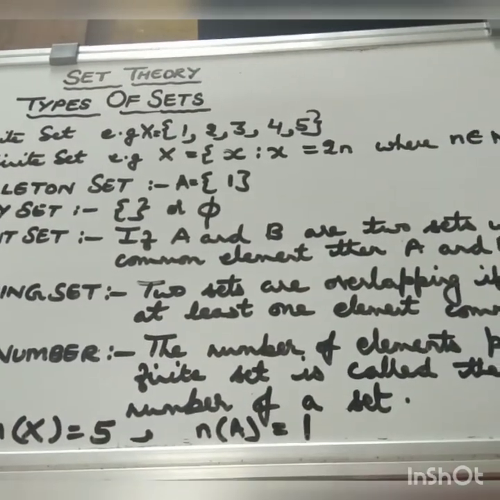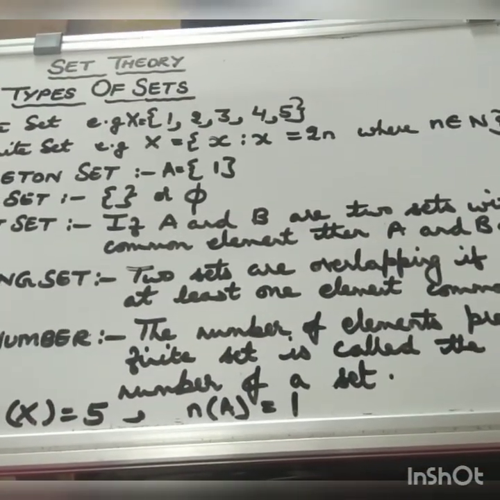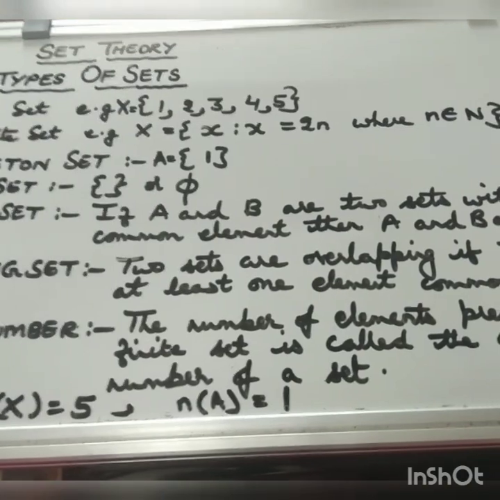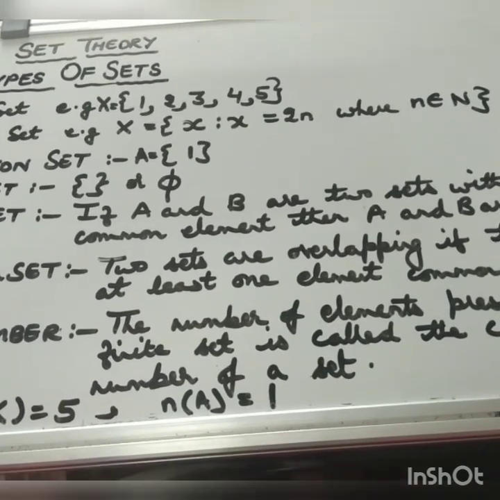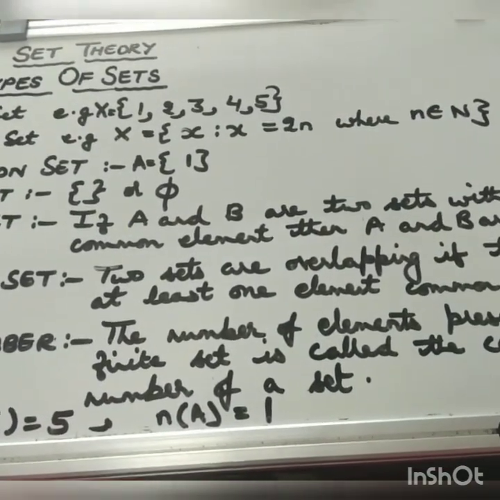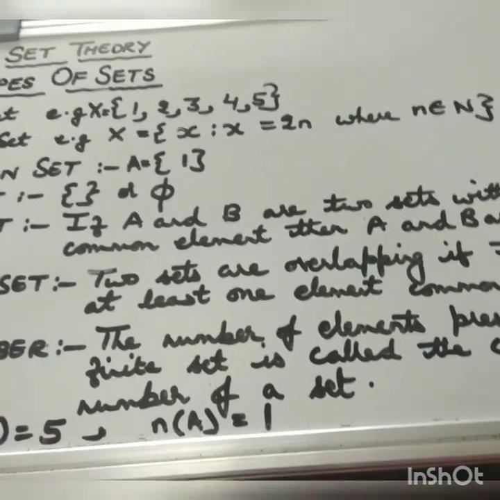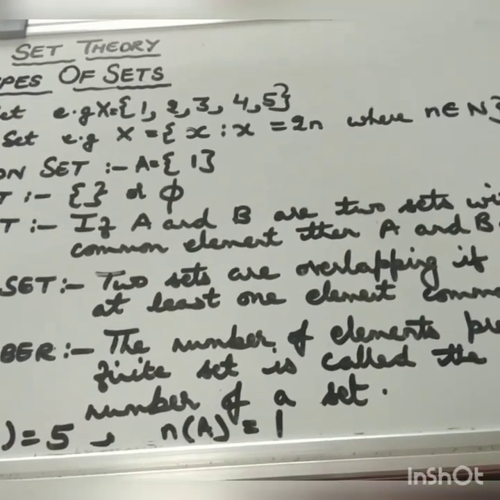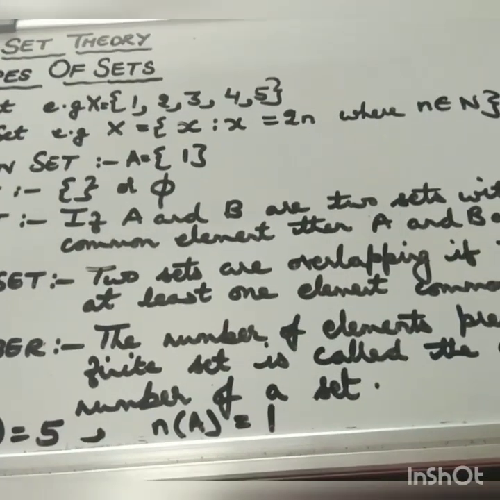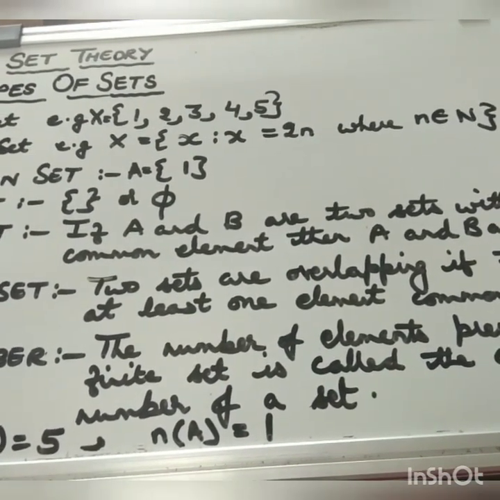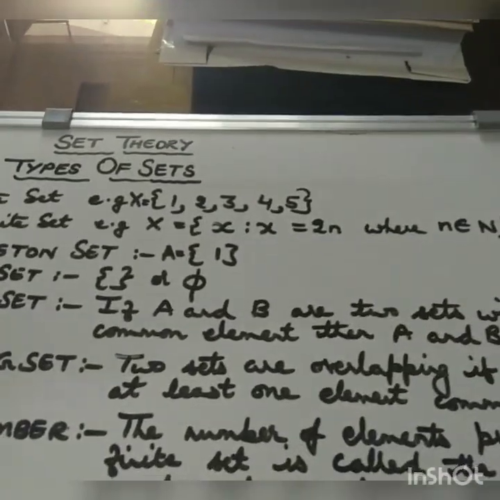Now children, we will do types of sets. Now you are already familiar with all this, but just to recollect or recall all the things. What is finite set? Finite set is a set where the elements of the set are countable. That is, you have a countable number of elements in the set. For example, x is equals to 1, 2, 3, 4, 5, bracket closed. But in infinite set, for example, x such that x is equals to 2n, the number of elements present in the set are not countable, then we call it infinite set. I hope it is clear to you.